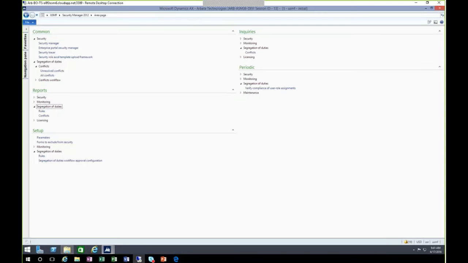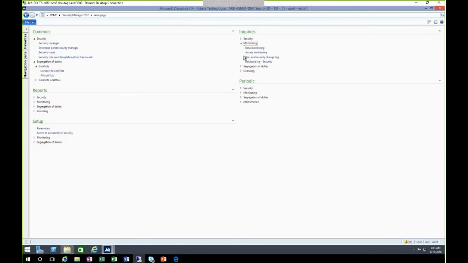Right. So I'm going to display the data monitoring examples. We're back in the Security Manager module. It's very small looking, I know. Minimize our segregation of duties and expand our monitoring.